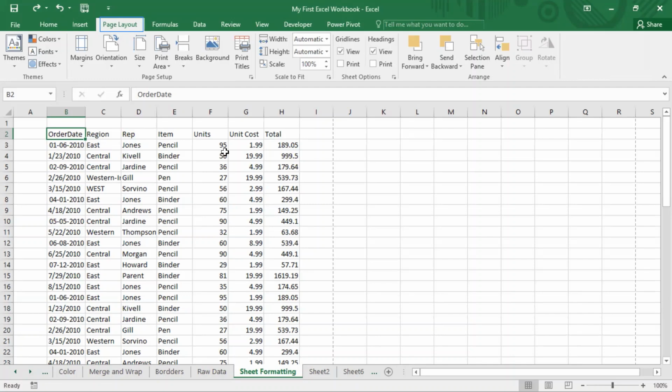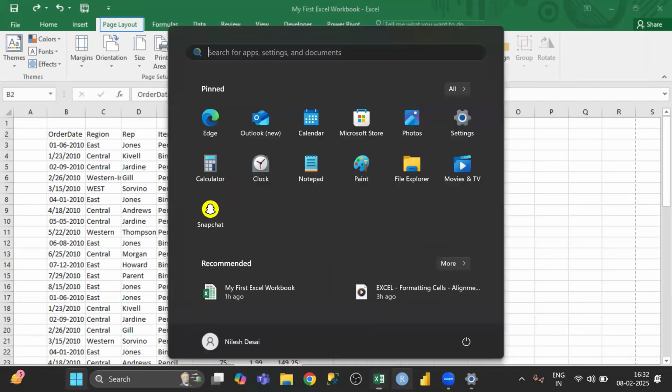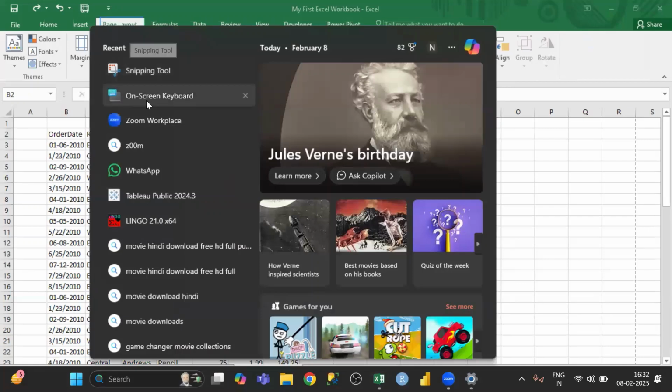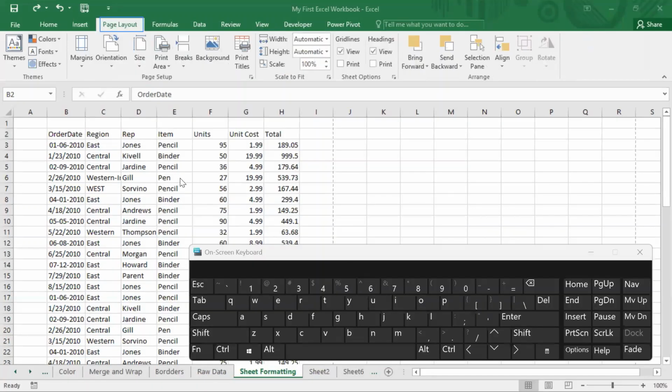Subsequently, if you want to do it through the keyboard, let me open the on-screen keyboard. You need to press the Alt key, which will access the tab ribbon, and